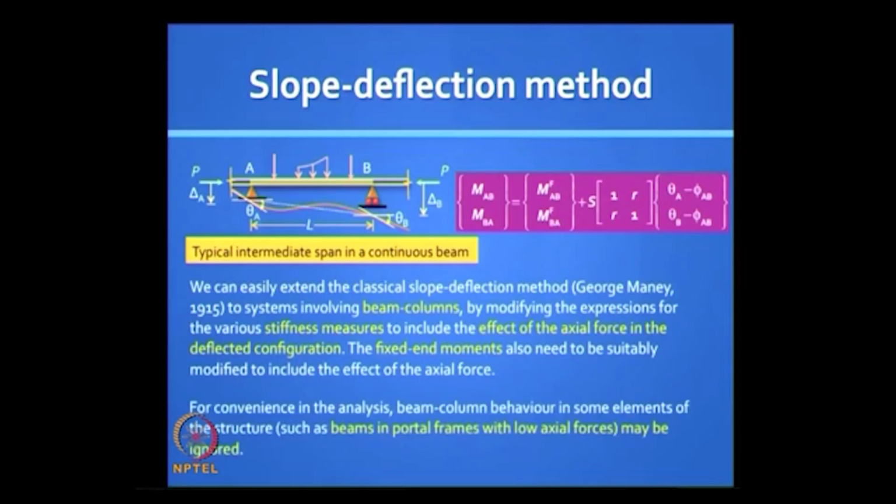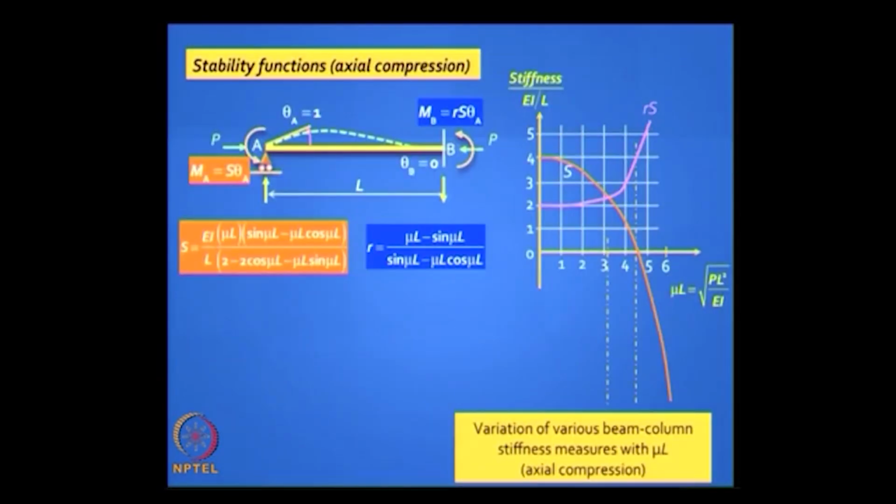So for convenience in the analysis, the beam column behavior in some elements of the structure, let us say you have a multi-storied frame, you need not take the beam column effect in all of them. You need to worry only in those elements where the P is significant. So P by PE of that element should be large and we suggested more than 15%. For the others you can ignore this value. So if you recall in the last class,